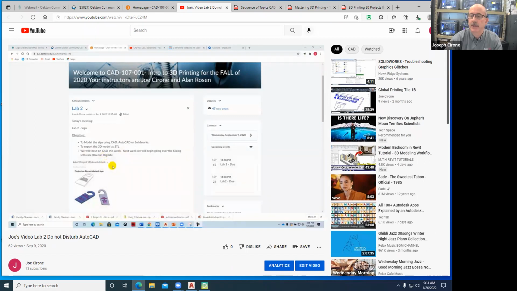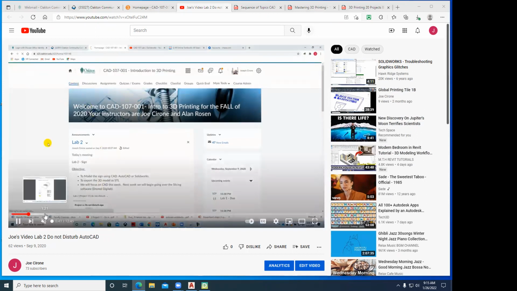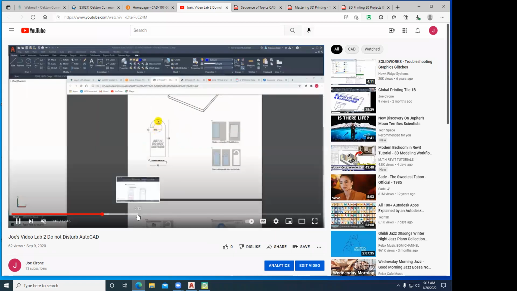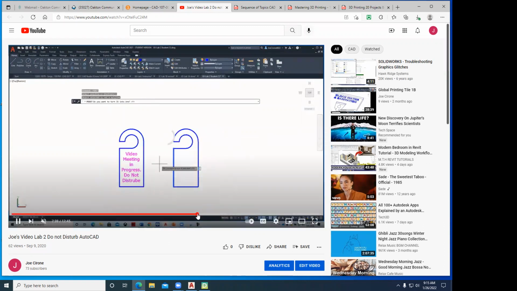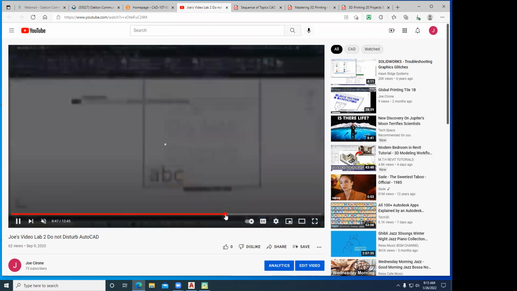and I'm going to turn off my webcam. It goes through how to model our sign. Step by step, we take you through the dimensions, show you how to use the CAD software, and create the drawings. Now, when you use text in AutoCAD, you have to use the bonus tools